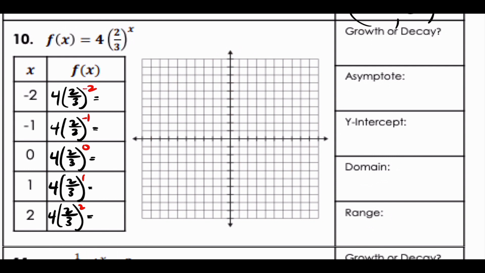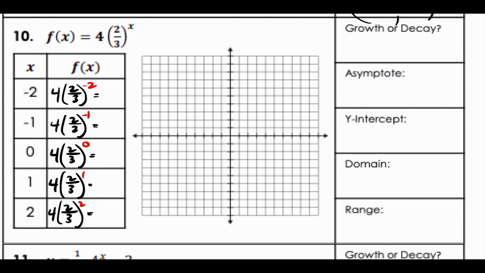Okay. Well, since you can use the calculator for this, 2/3. So first thing we got to do is parentheses, right? The calculator will do this. If you go 2/3 to the -2,